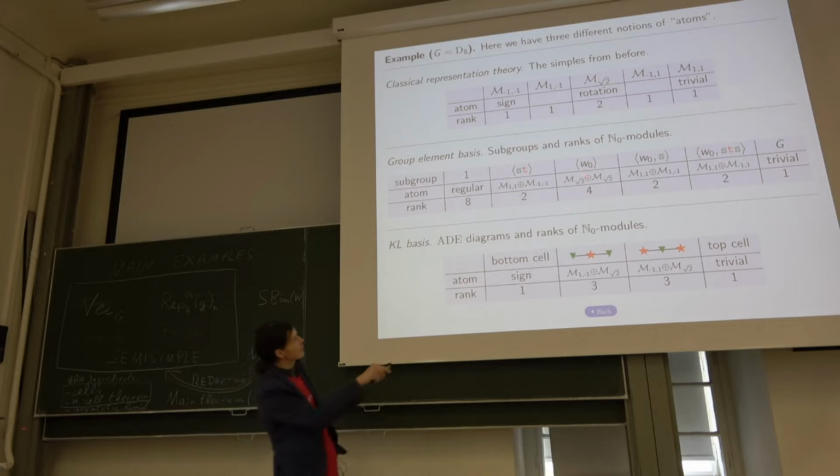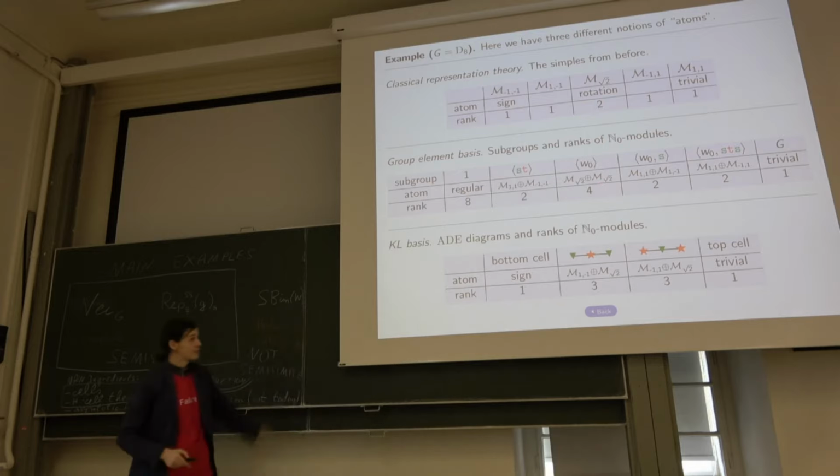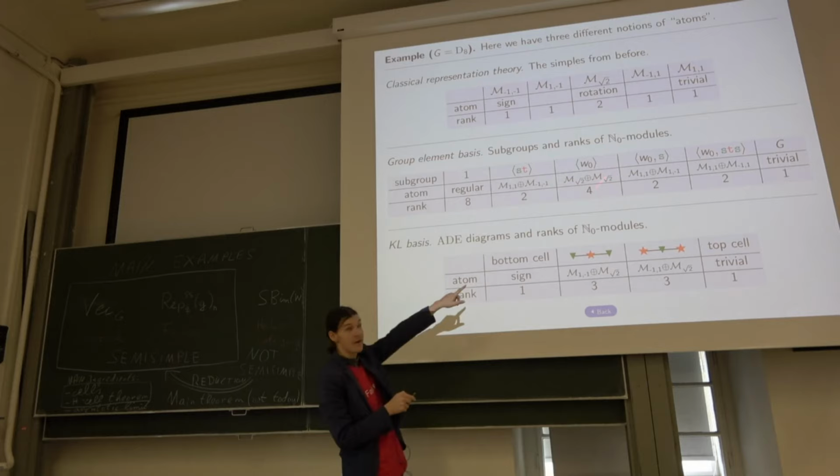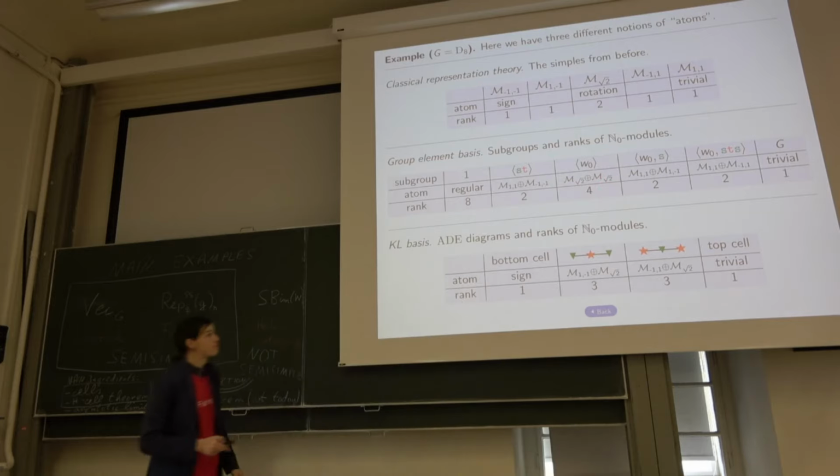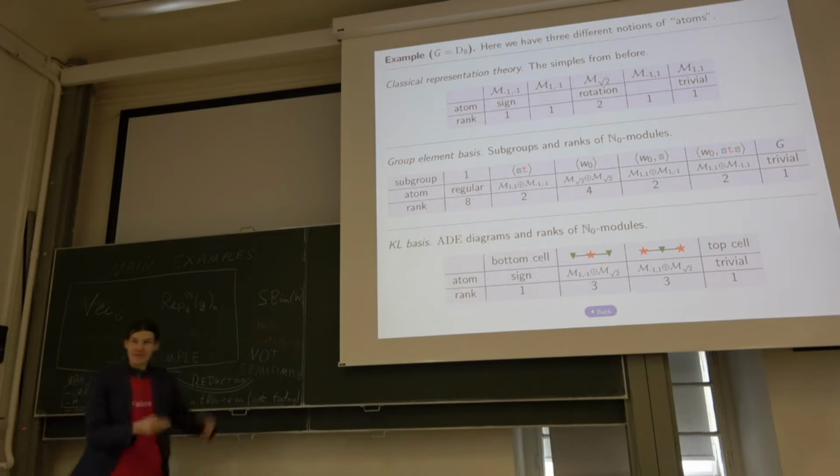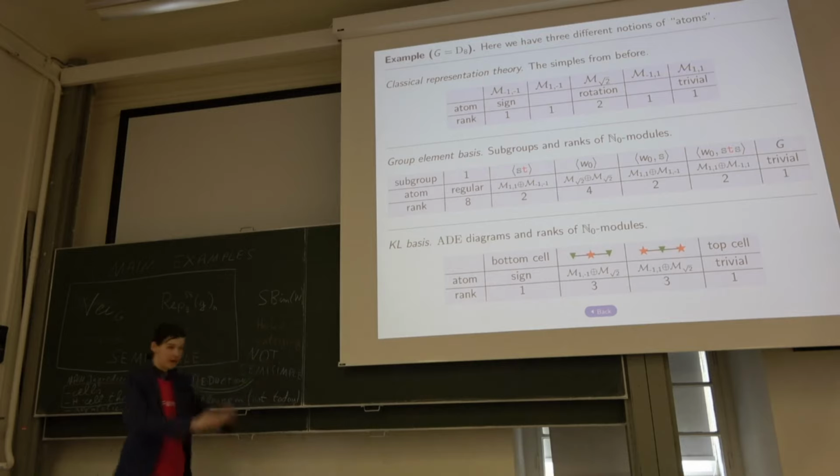In particular, you can check now by hand that all of those are different if you want, right? So this one cannot be this one, and so forth. But you don't see this, so this clusters together in a 4-dimensional module. Okay? The regular one clusters together in an 8-dimensional module. You cannot split off anything.